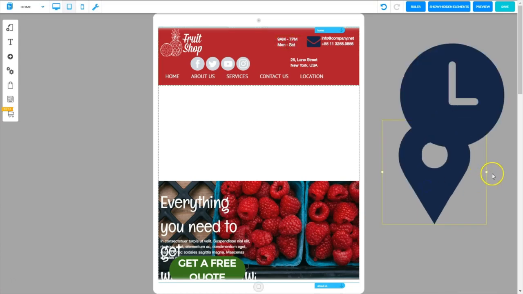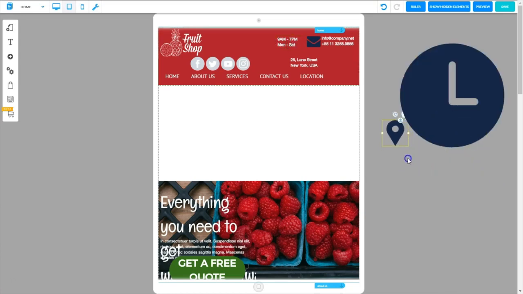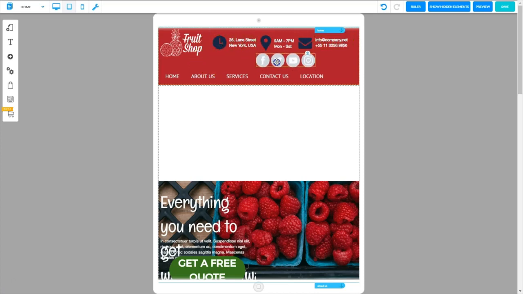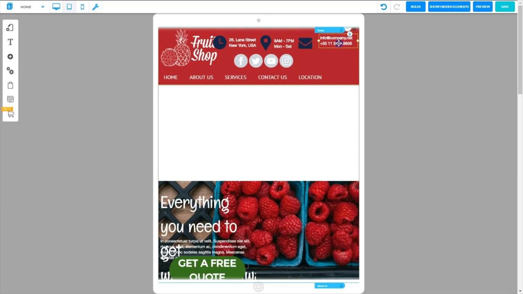And this was the icon for that, so we can shrink that down to a reasonable size. This here, now we can shrink the location icon down. That one can be a little bit smaller. And once we get everything lined up there, we can perhaps move this over here. Sometimes the best thing to do is just to play around with your design and see how you can make it work. Now I'm thinking we might put our information here, make our banner just a little longer, move our